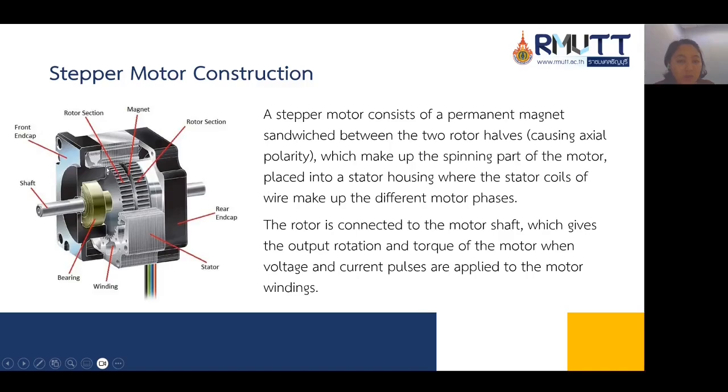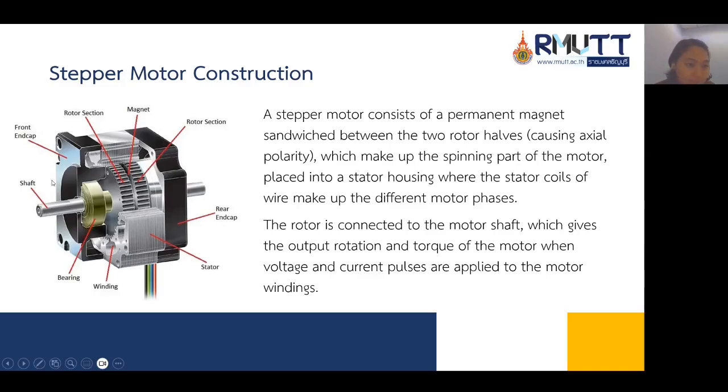It is placed into a stator housing where the stator coils of wire make up the different motor phases. The rotor is connected to the motor shaft, which gives the output rotation and torque of the motor when voltage and current pulses are applied to the motor winding.